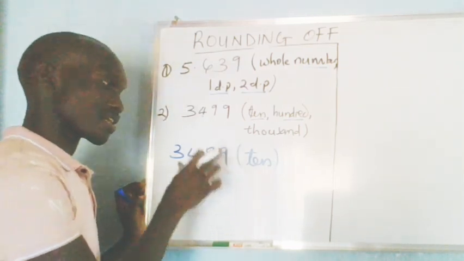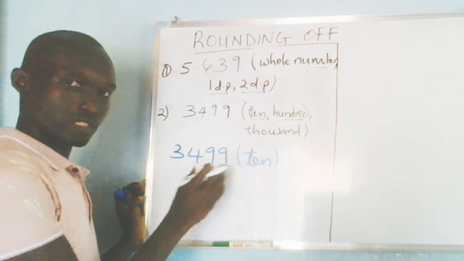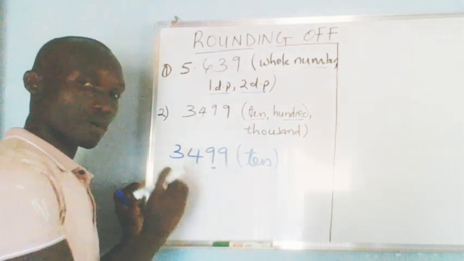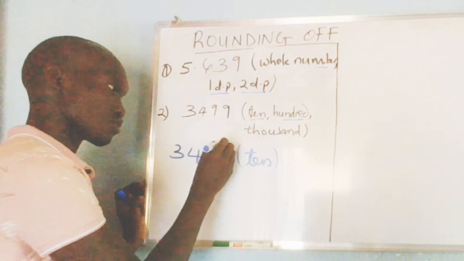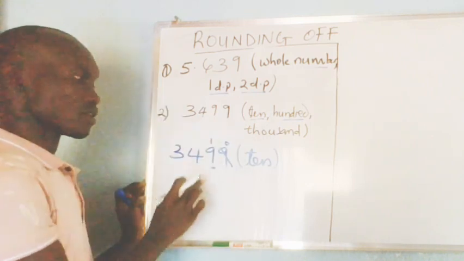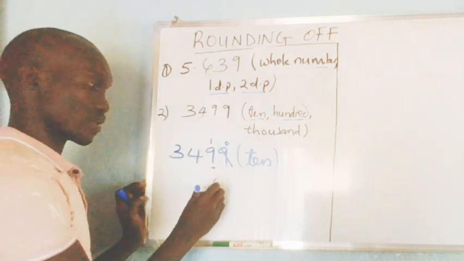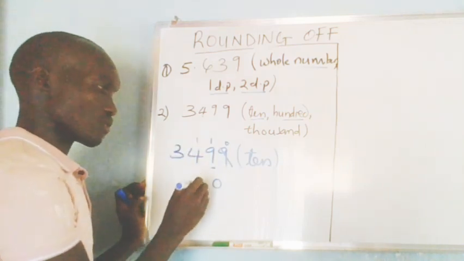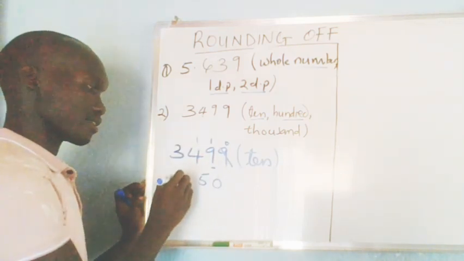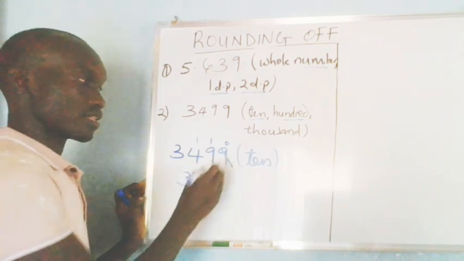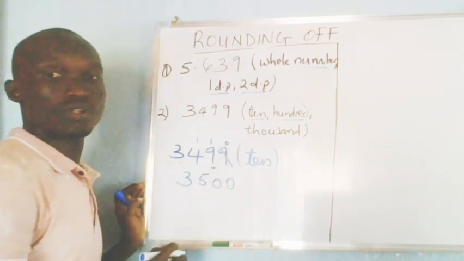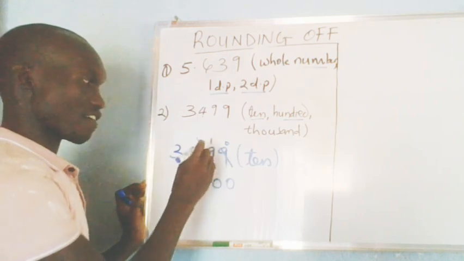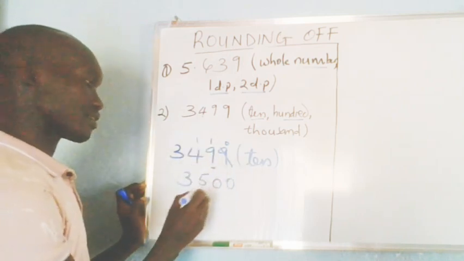Ask yourself, is it 5 and above or is it below 5? In this case, 9 is above 5, so we add 1. Cancel this 9, add 1 to this 9, so that makes this 10. You write 0, you carry 1. 1 plus 4, making that 5. And then this 3 will be put there, and you include the 0. So that our final answer, rounded off to the nearest 10, will be